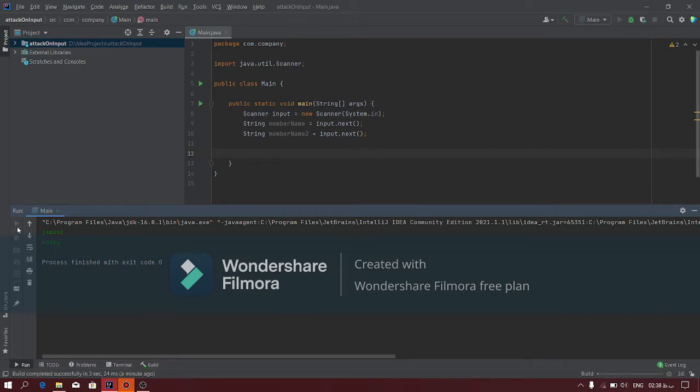What happens if I use a space instead of an enter? When I write Gemini space JK and that's all. It's okay when you use next. It will be possible to use both space and enter to separate your strings. Okay, but when you use nextLine, look,